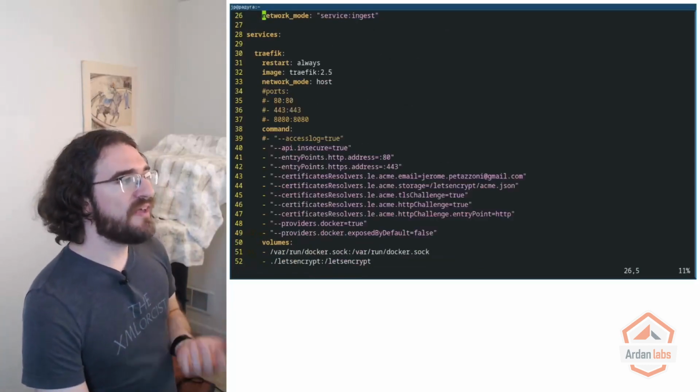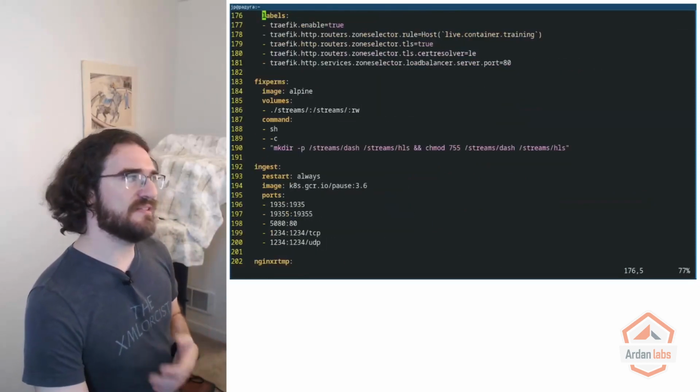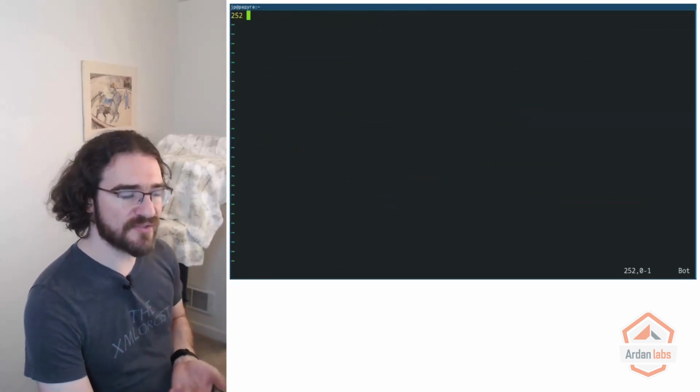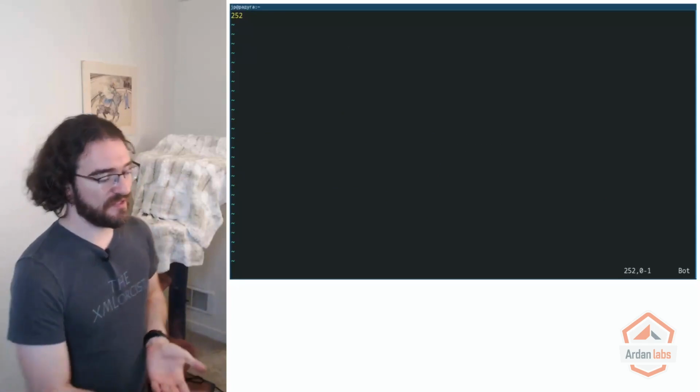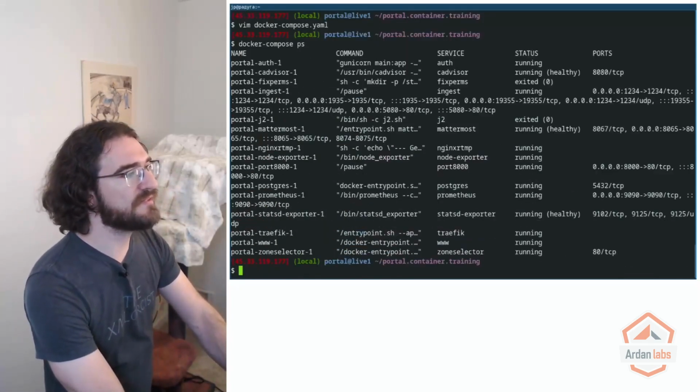Now, to be fair, it's a pretty big Compose file. As you can see, it's like 200 or 250 lines. So yeah, pretty chunky Compose file. But it's running a bunch of containers. Now, if I do Docker Compose PS,